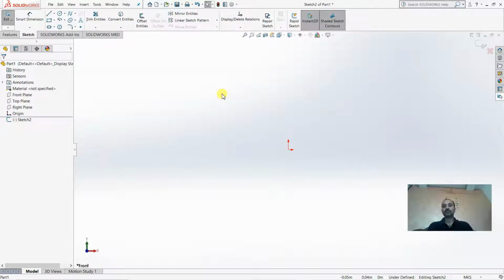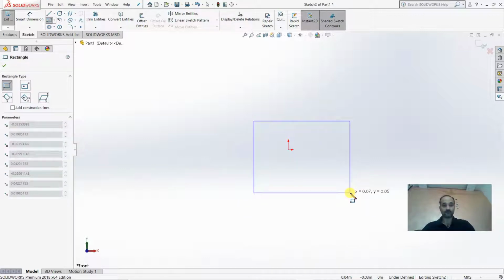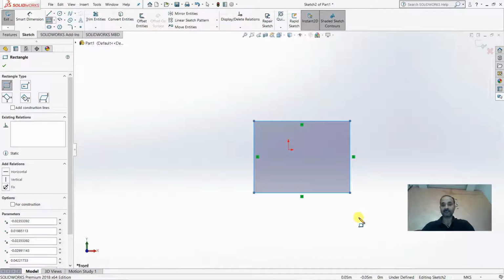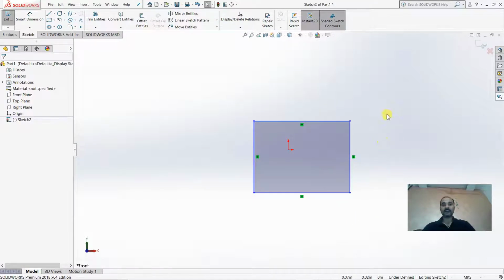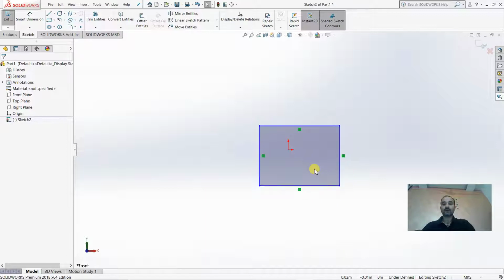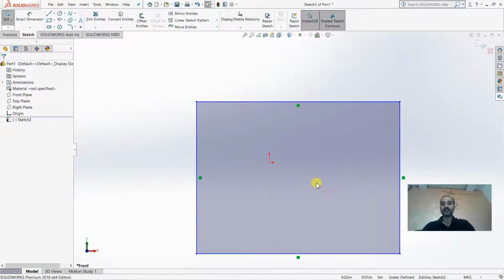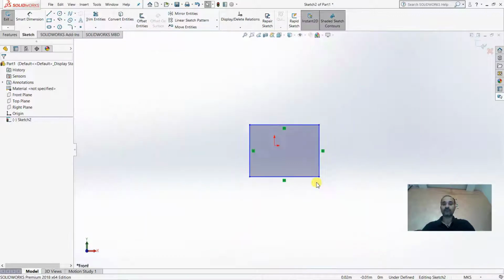Now I will show you some controls of SolidWorks. So let us start. I draw a rectangle without dimension. Now I have drawn a rectangle and by clicking escape I have left that. This is a rectangle. If I zoom using the roller button, your mouse has a left click, a right click and one roller. If you roll downward, it will zoom, and if you roll upward, it will zoom out.